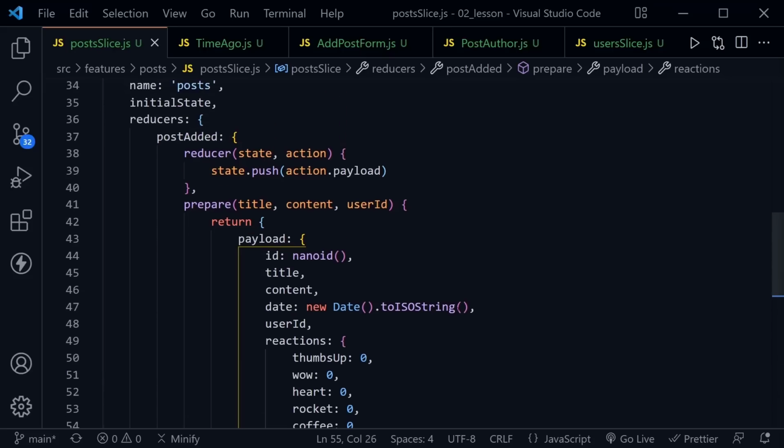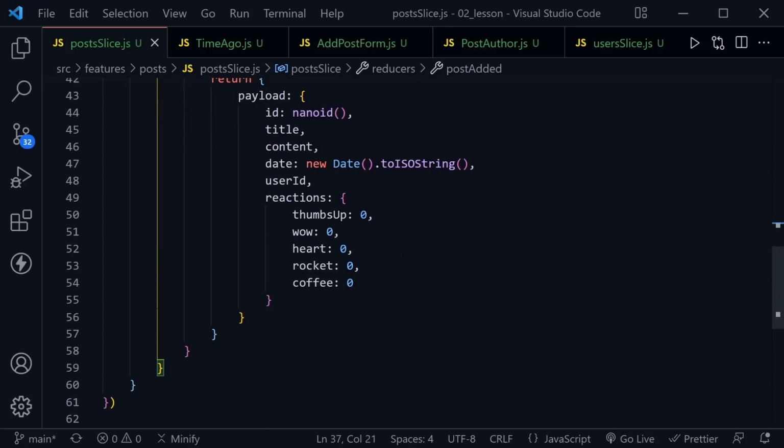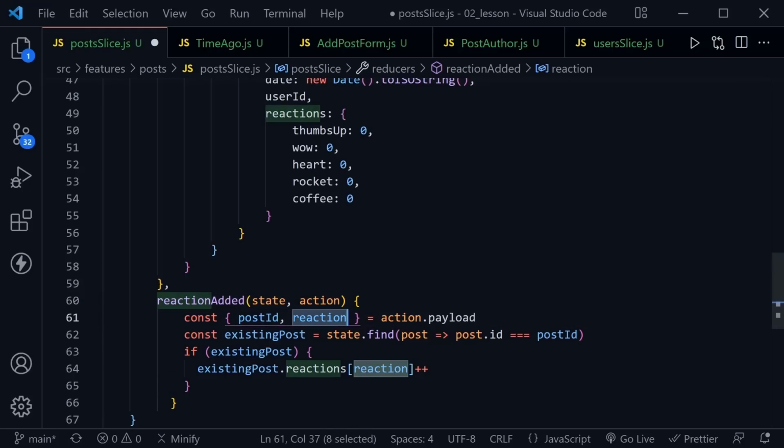any of these buttons. So here we are in the reducers, and we've got post added that has a reducer and a prepare. So let's just follow this down to the bottom, and after post added, we'll put a comma, and I'll paste in our new reducer here, which is reactionAdded, and it receives the state and the action. And then we're going to destructure the post ID and the reaction from the action payload, and there we'll have the existing post, and then we will find what the post is from the post ID, and we'll update the